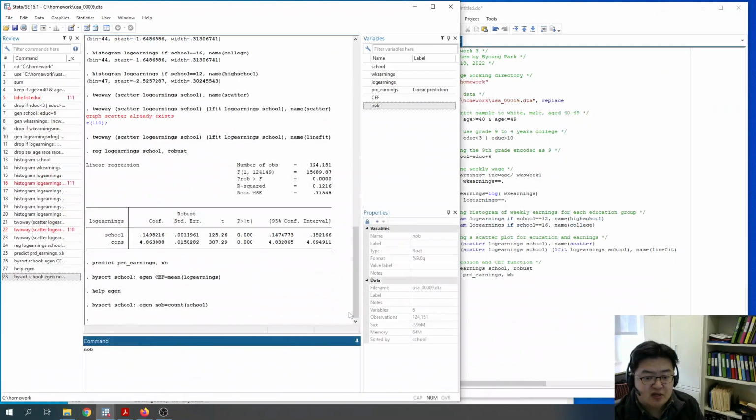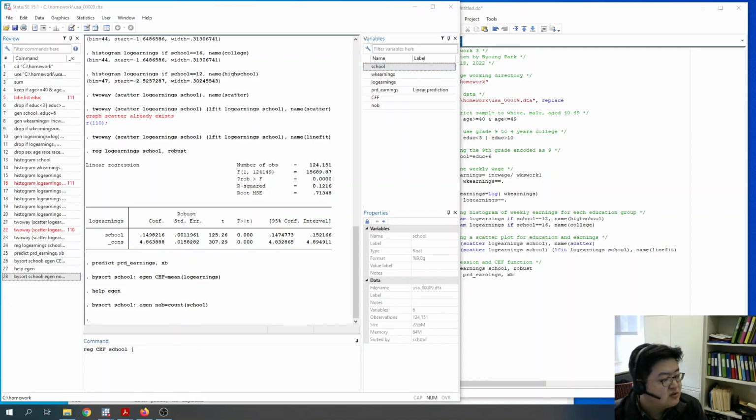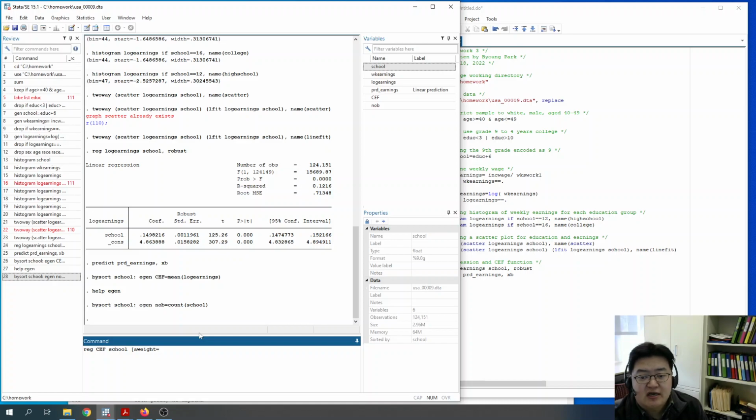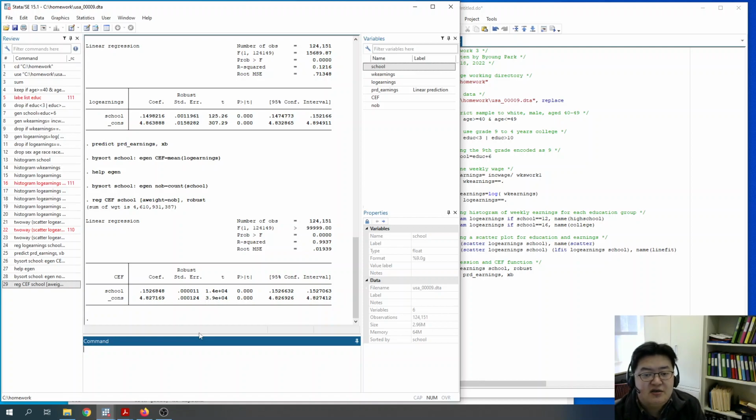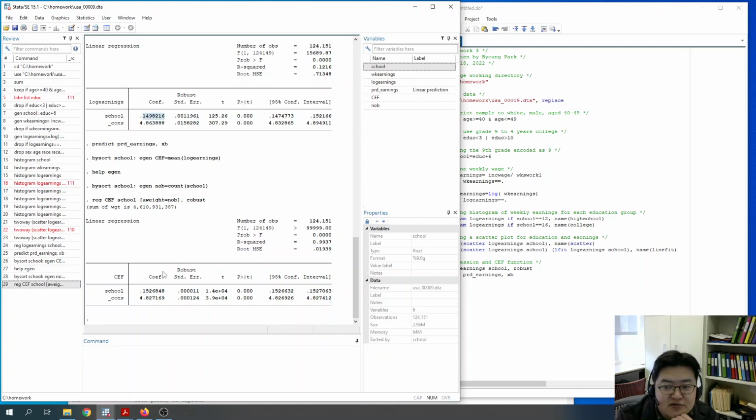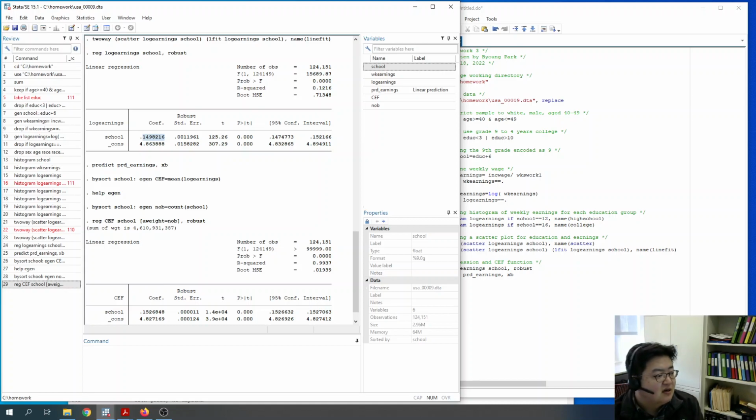And then what we can do here is we can do a regression of CEF on schooling, but here, as you see from the textbook, you have to put weight as NOB, comma, robust. Then you will see another regression. Oh, why is it different? Oh, it's my bad. I don't know why there is a difference, but this is